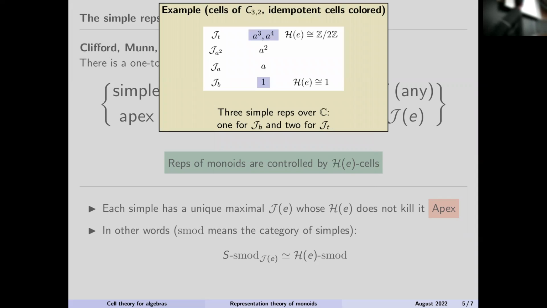Here, in this case, we get one, let's say over complex numbers, to come back to your question. In this case, you get one representation associated to the bottom cell, and you get two associated to the top cell. I'll say explicitly what they are. And there's no representation for the ones without idempotents. Only idempotents matter. If you don't have idempotents, they don't produce any representation. Okay, this is field dependent, so it would work over characteristic 2. The top cell will only produce